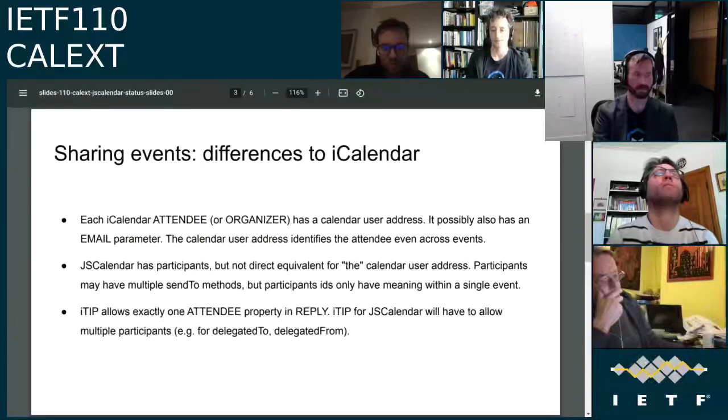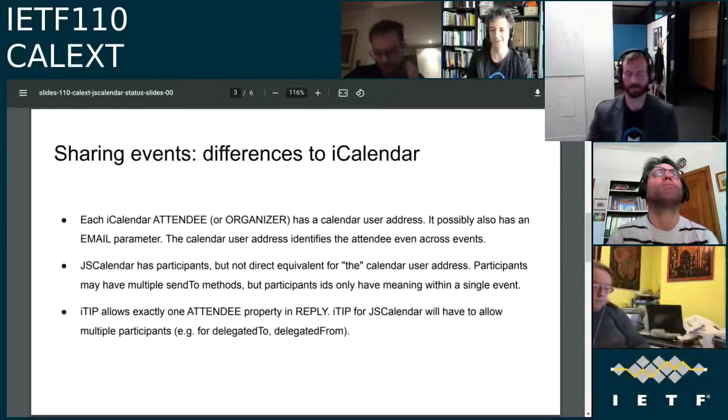I mean, we have already seen calendar events in iCalendar from Apple, where there is a, for us, meaningless URI in the property value. So if that would be the only sendTo value, but there would be an email parameter under the property, then we would have two entries in the sendTo.